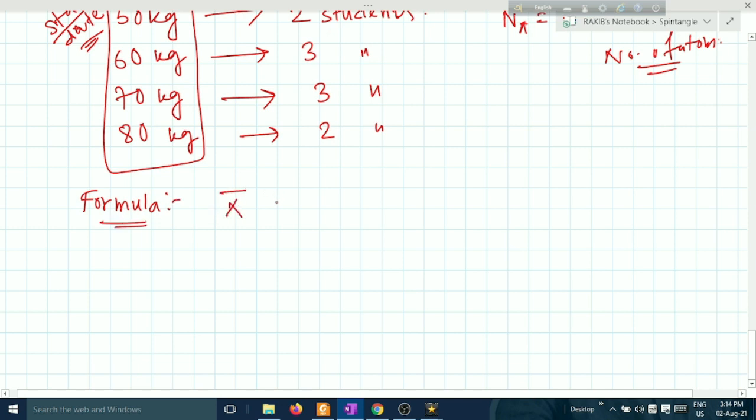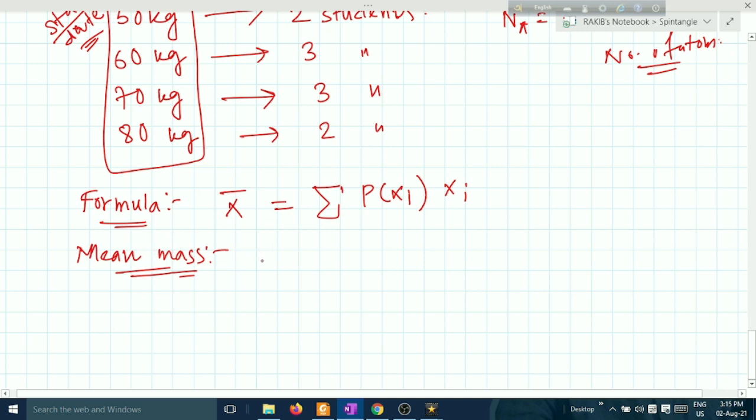that for a variable x, the mean of a variable x is given by the sum of p of xi times xi, okay. This means in case of the mean mass, you can say mean weight. In physics weight and mass are different, but in other terminologies they say weight is mass, okay. Weight and mass are different.